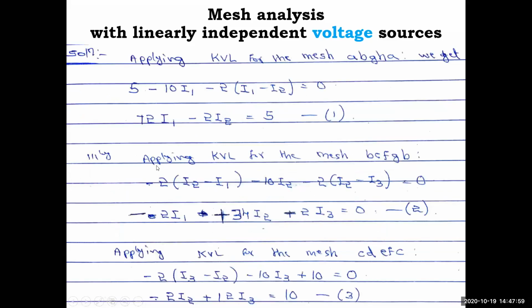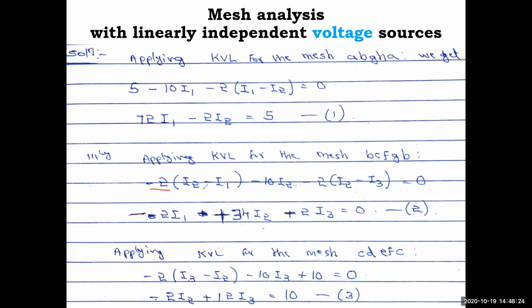Similar way, write the second one. So for the second loop, you can write the Kirchhoff's voltage law, whichever is convenient, you can go. I will not suggest which one to go. Whichever you feel easy, you can go for that. As my practice, generalized equation is better, because while writing and simplifying, you may miss a sign. Some mistakes will happen, I have seen. First I will show you this KVL.